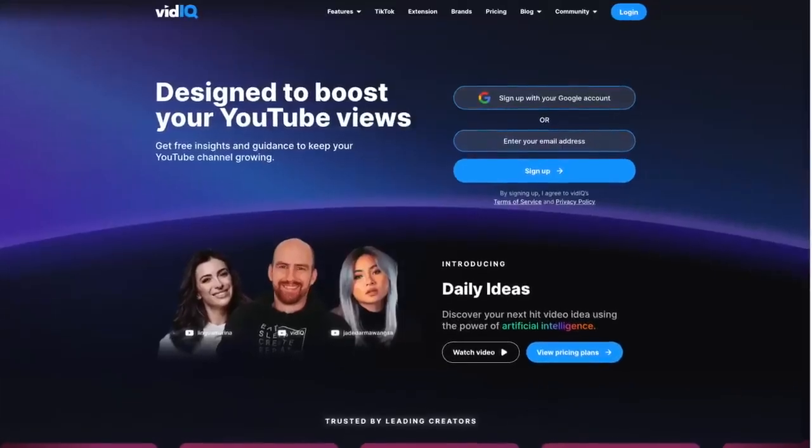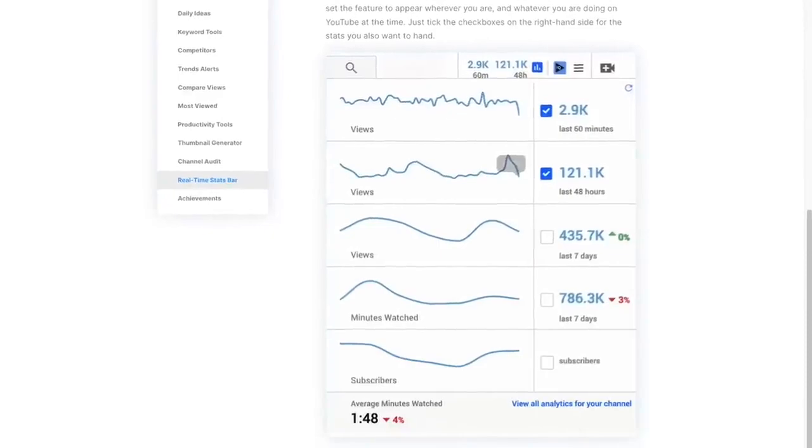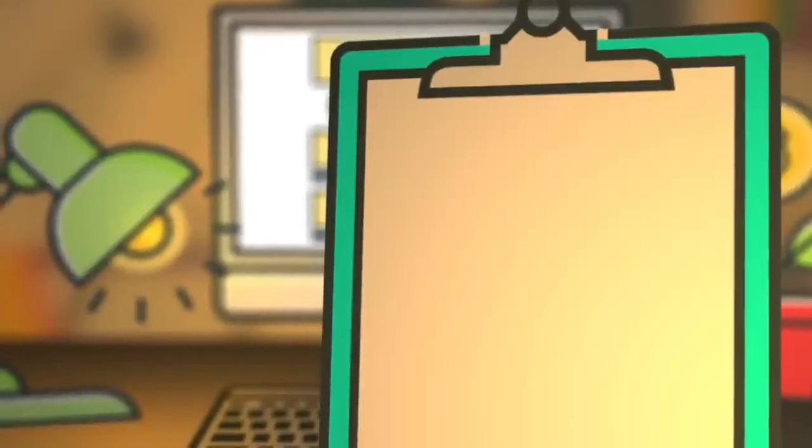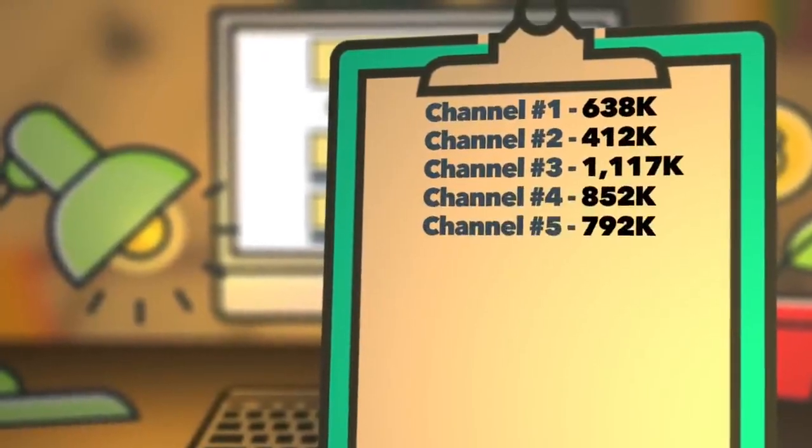And if you're thinking about doing a niche and you want to do market research to see if it is a good niche to do, I highly recommend doing this equation for your channel. So what I typically do when I'm researching new channels, if I see a cool idea that's popping off on YouTube and I think to myself, maybe I should make a channel within that niche, what I personally do is I pull up 5 different channels that are within that niche. I use an extension called vidIQ to see how many views per month that channel is getting. And then I write down how many views per month each of those channels are getting.